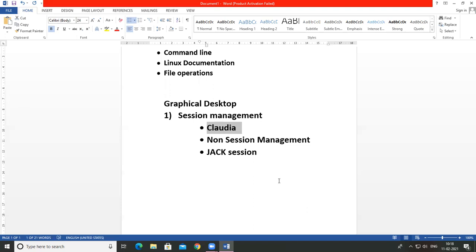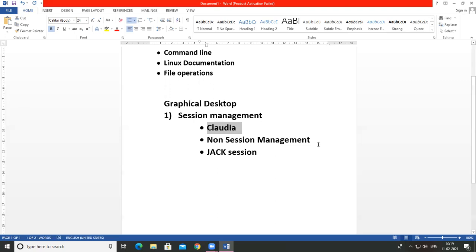Then DEB for Debian, then APT for Ubuntu. Okay, so just download it over the internet, and you are using that particular session management application, just like Claudia. So it provides a front end. Okay, so it provides a powerful GUI to the users when it is used in the operating system.